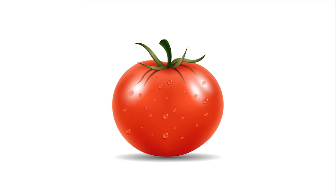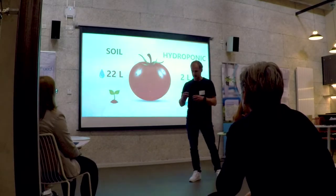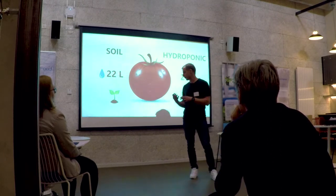Vegetable, like the tomato here on the picture or there on the table. Have you ever wondered where it comes from? Is it free of pesticides, or at what state it was picked, or is the production of such tomatoes even sustainable? Because when growing tomato in soil, a regular tomato of 100 grams requires about